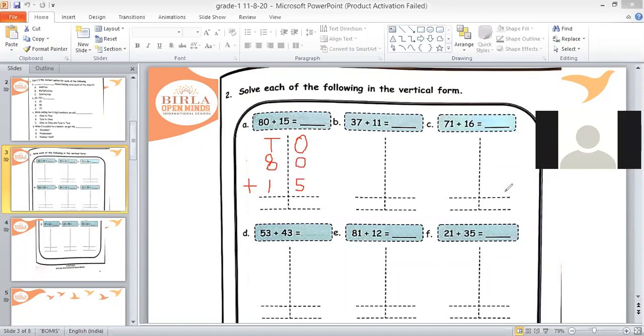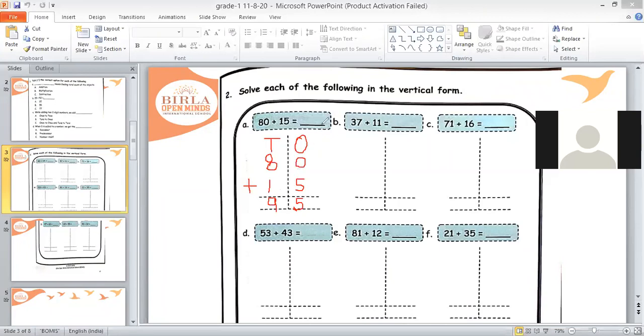Yes, Swarnika? Yeah, Swarnika, now we will add numbers in ones place first. So tell me 0 plus 5, how much? 5. Yeah. Children, if you are adding 0 to any number, we are getting that number back, we will get number itself. So 0 plus 5 is 5, children, very good. And Swarnika, 8 plus 1? 9. Yeah. Children, 8 plus 1 is 9. So we will write 9 here in tens place. So answer is 95. Very good, Swarnika.